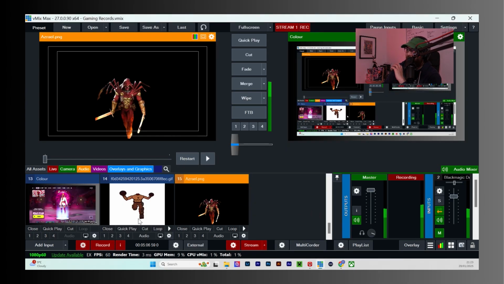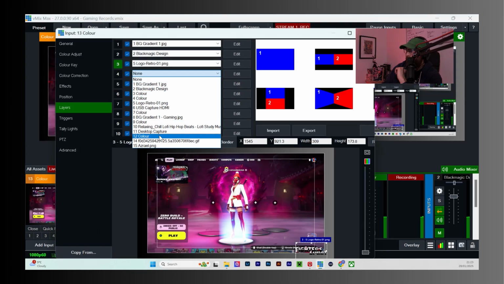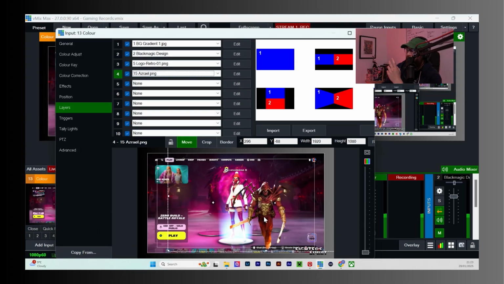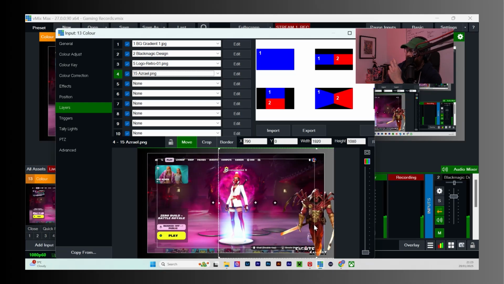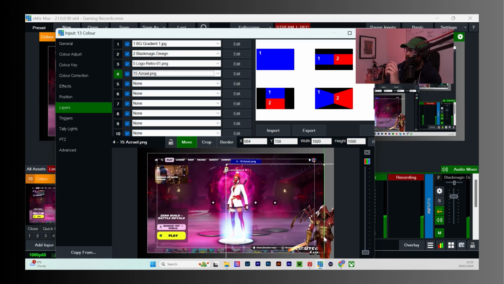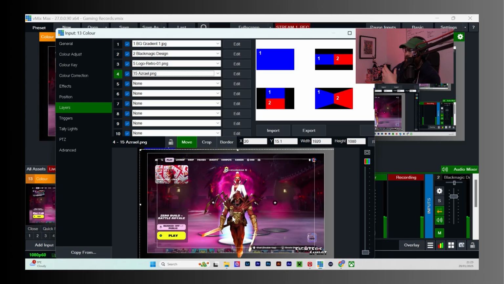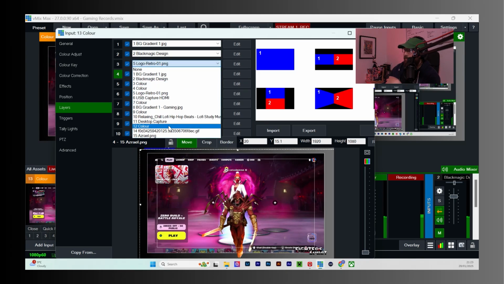So I should be able to add this as a layer. And you see how it has a transparent background? I can add it and squeeze it down if I want. But again, because of the layers, let's say for example I wanted to do something cool and make it kind of sit here, I couldn't. I'd have to change what layer it's on so the picture looks a bit better.